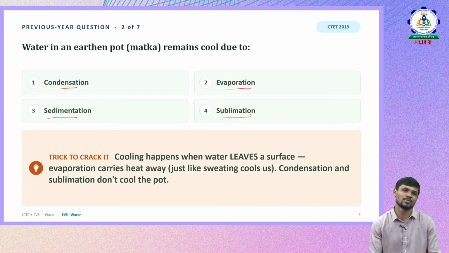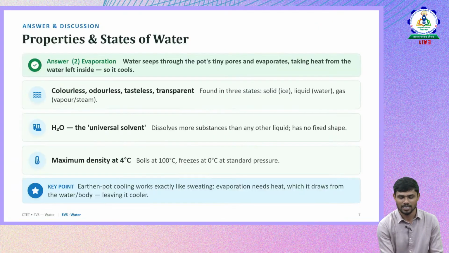Many times, especially in summers, we try to store our water in pots. It is because the water will become cooler. It stays cool inside the pot. Why is it? What is the reason behind water staying cool in earthen pots? Okay, so this is the question. The answer is, it is due to